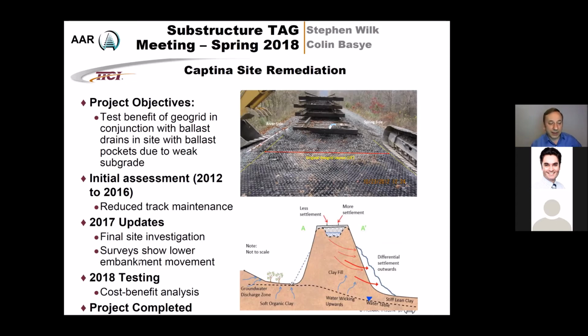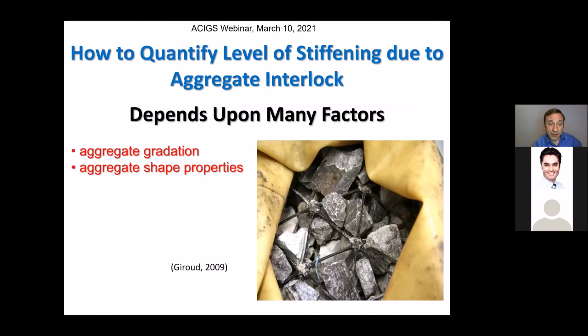Later on, though, they found that there was some movement of the lower embankment as well. But the cost-benefit analysis concluded in 2018 still shows a lot of the benefit of the geogrid placed in the ballast layer. So in some of my work at University of Illinois, just to focus on those quickly, I have been